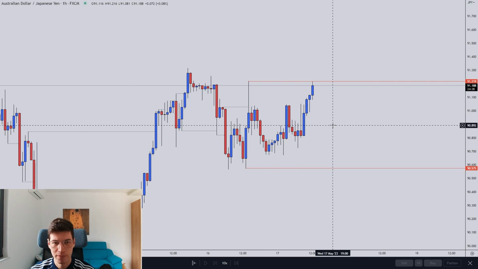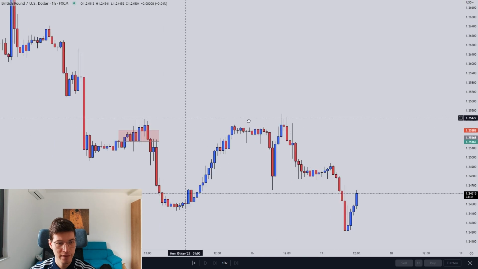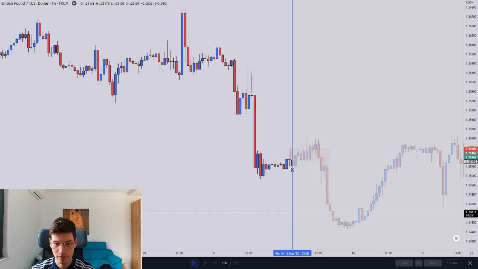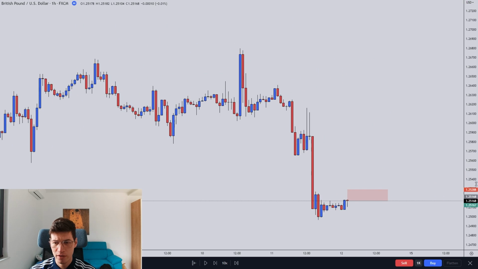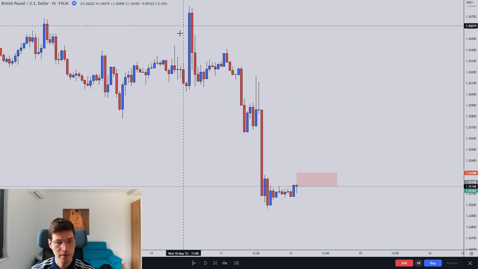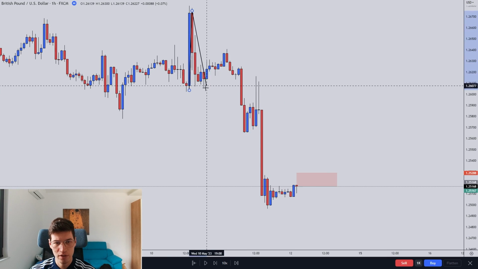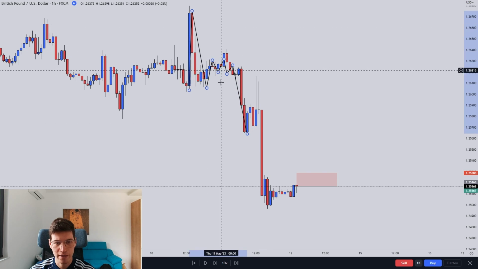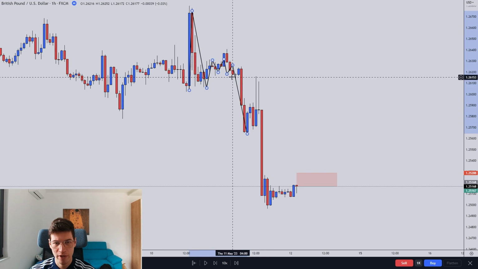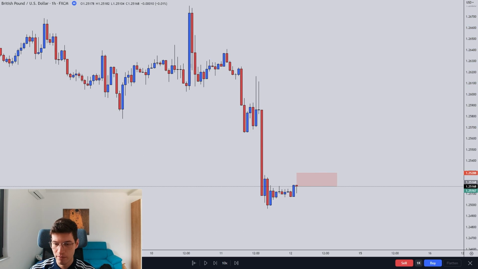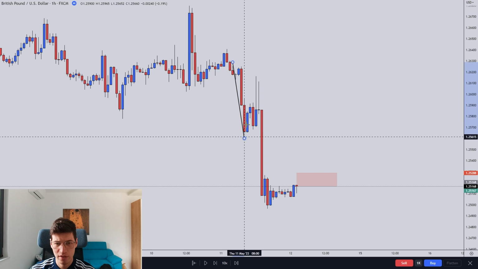The pound, I did take a trade on the pound. I took a nice flag formation. What did I like about this trade? Well, first, the prior price action. I liked the V reversal, the range, the push down. So this is exactly what I tried to look for. V reversal, range, push down, and price usually continues trending to a downside. Then we got into this established downtrend,